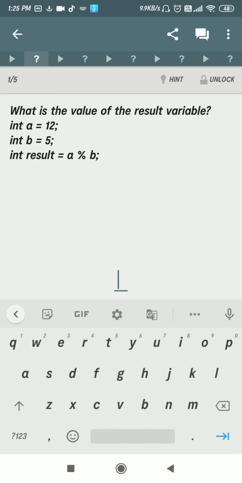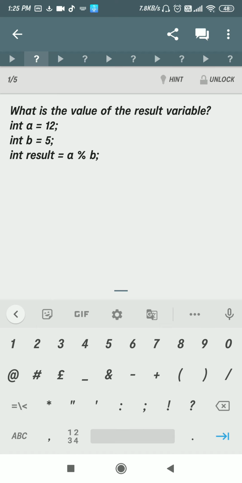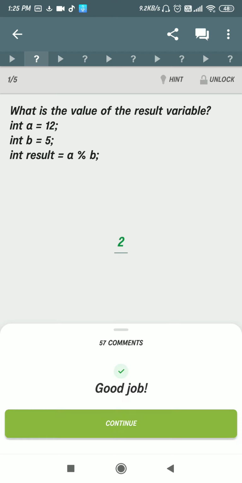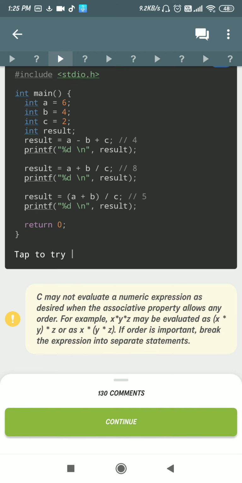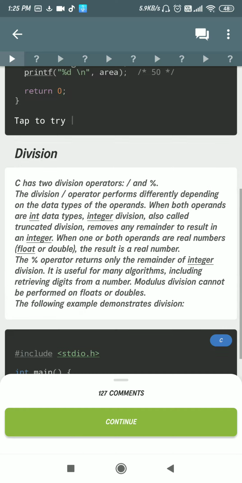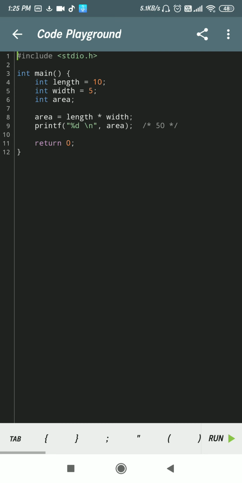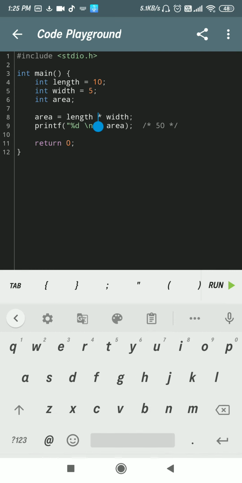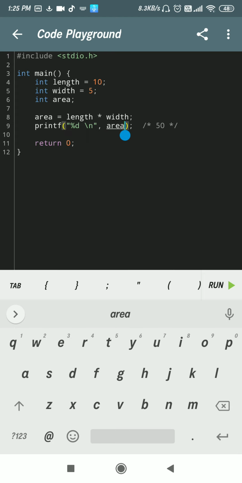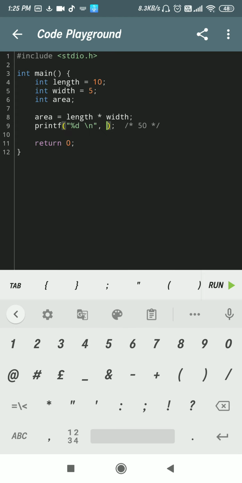Here it says 12 modulus 5, so the result will be 2. Got it? So let's see an example of it. You can directly type here also.